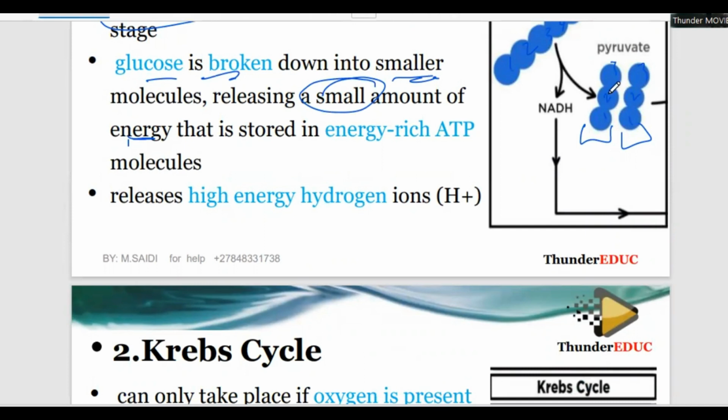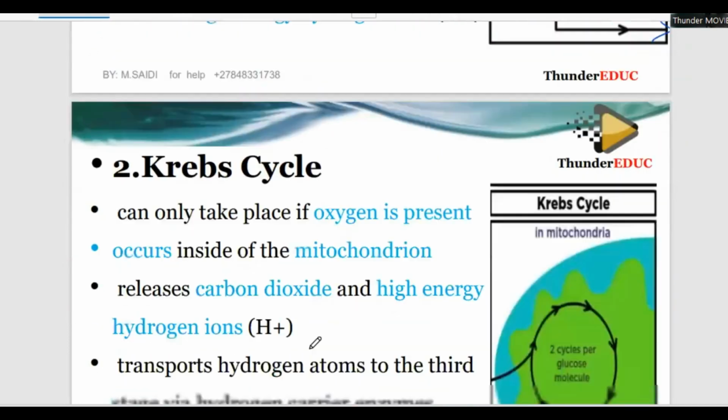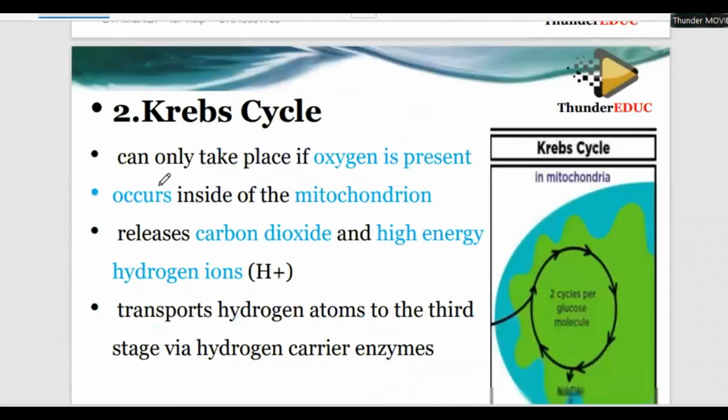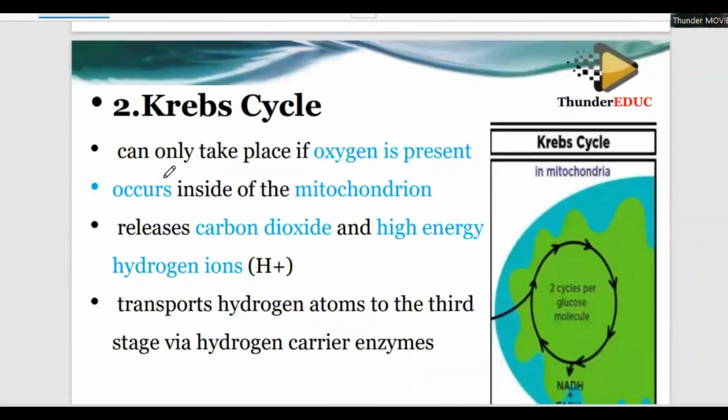So if you look at this structure, it shows that the pyruvate will enter, and the NADH will enter the Krebs cycle. These arrows show that it enters the Krebs cycle. The Krebs cycle can only take place in the presence of oxygen. Oxygen must be present. So it means that in the other one, less energy is released, but during these two